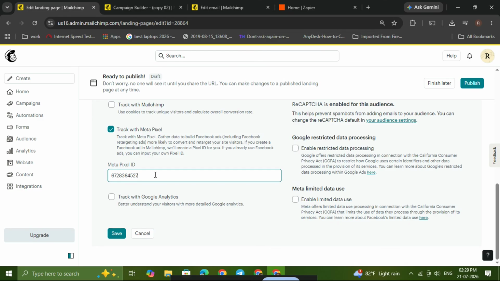After you paste in the correct Pixel ID, review everything one more time to make sure the tracking option is turned on and the ID is correct. Then click Save. Once you save the changes, MailChimp will apply the Meta Pixel tracking settings to your landing page,